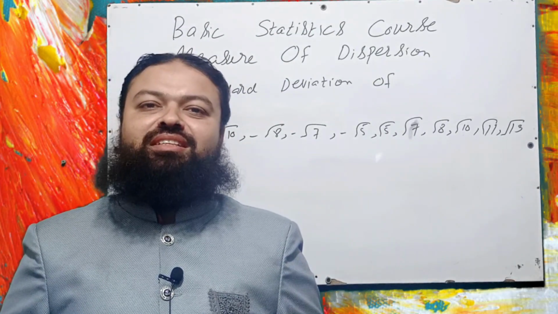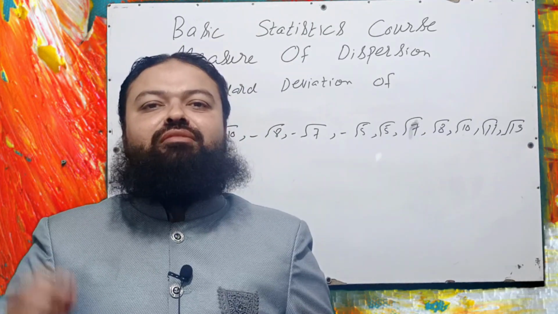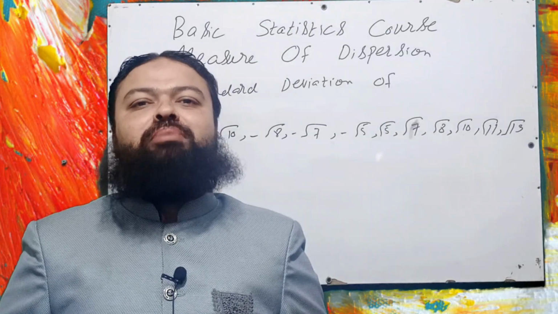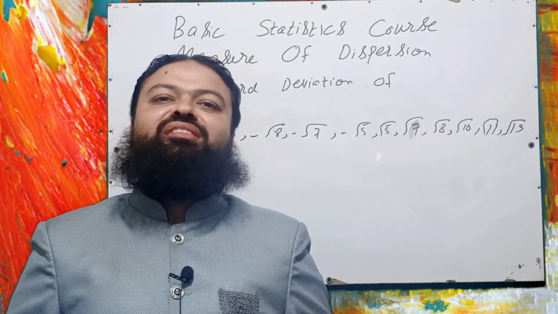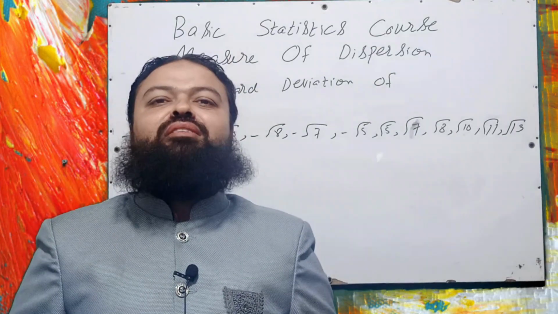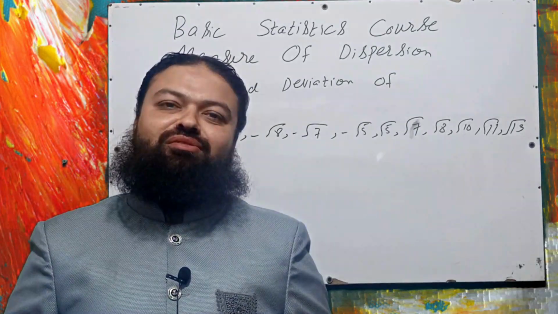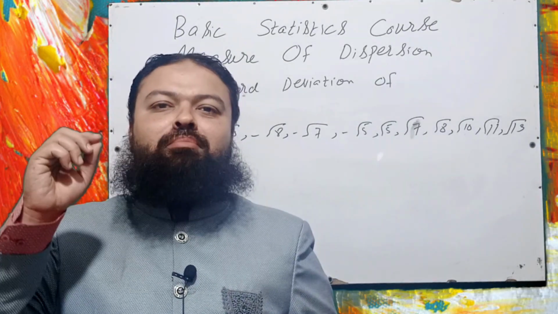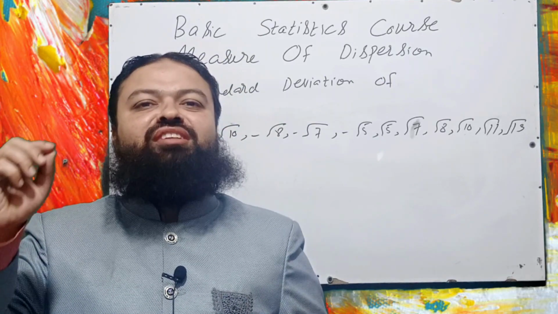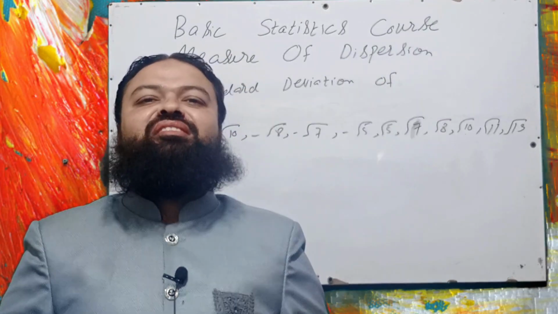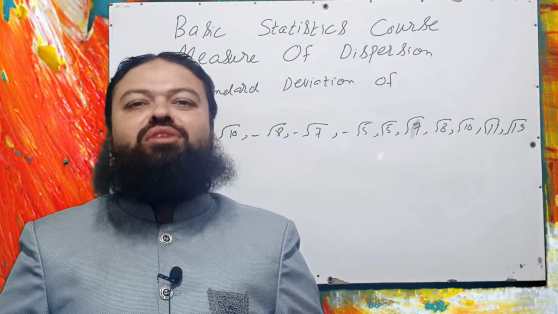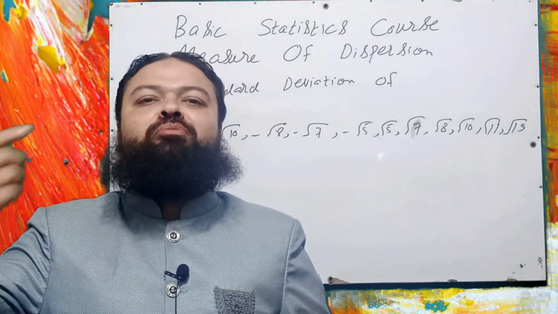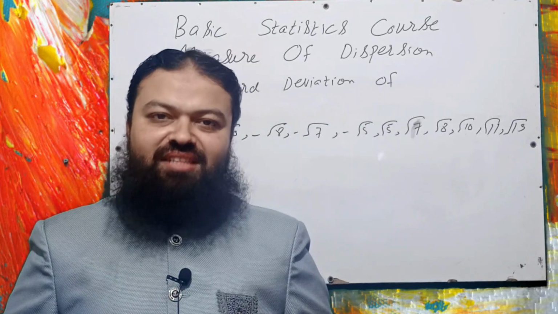In the last lecture, lecture number 10, we discussed very important points of statistics. We discussed that if beta 1, the coefficient of skewness, is equal to 0, it means we have a bell-shaped frequency curve. Then we discussed that if we have a normal distribution, then M4 prime is equal to 3 sigma power 4. And we discussed that if we have beta 2, the coefficient of kurtosis, more than 3, it means we have a peaked top frequency curve. Let's start today's work.